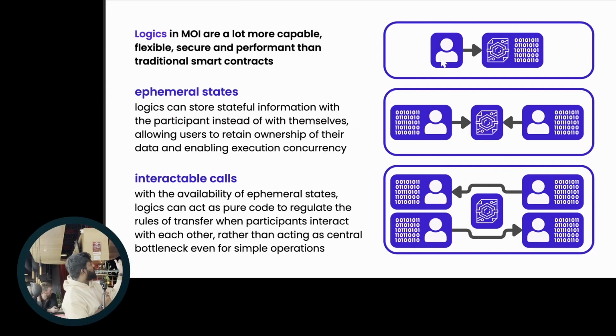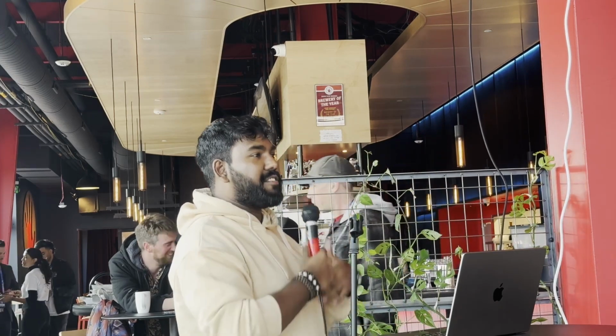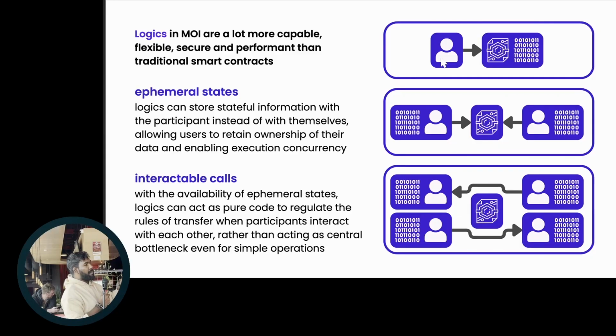And the last one, and this is called interactable calls, is the ability to bring in more than one participant. As of the current spec, we can bring in as many as 6 people into the same call, and all of their ephemeral states become available to that logic. What's also beautiful about this is that thousands of these same interactable calls can happen concurrently at the same time, right? And you're just opening up a whole new dimension to what kind of scaling and concurrency we can achieve on blockchain technology now, right?